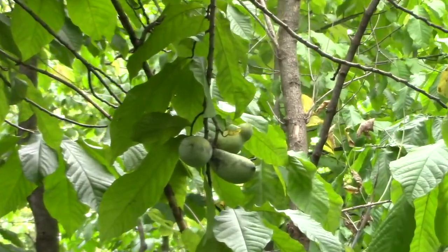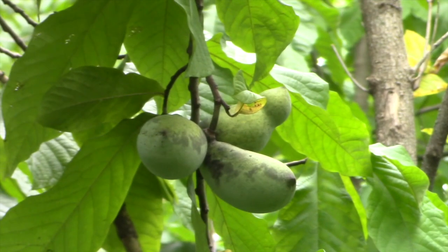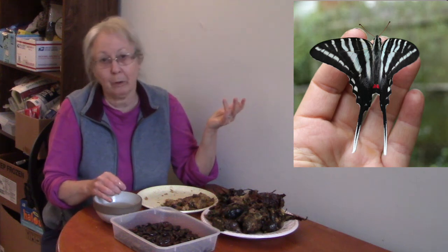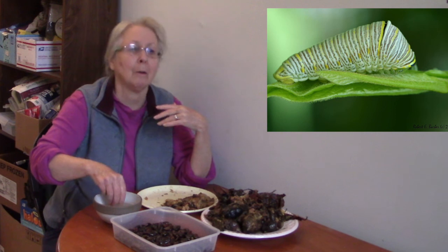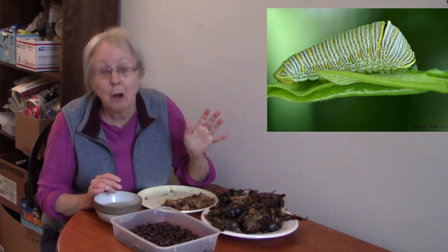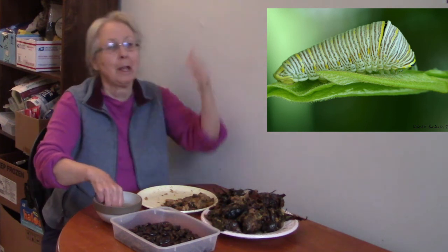It's not like the apple trees we have around here where there's all kinds of things that will get into the fruit or that will eat the leaves so that they have to be sprayed with pesticides. Nothing. Just the zebra swallowtail. I wish I could see one before I die, but the caterpillar of the zebra swallowtail will eat the leaves, but it's not like they come in and they're a gypsy moth or something. No, it's just interacting with it. So no deer is going to come along and eat the little plant. Nothing is going to be up there, and